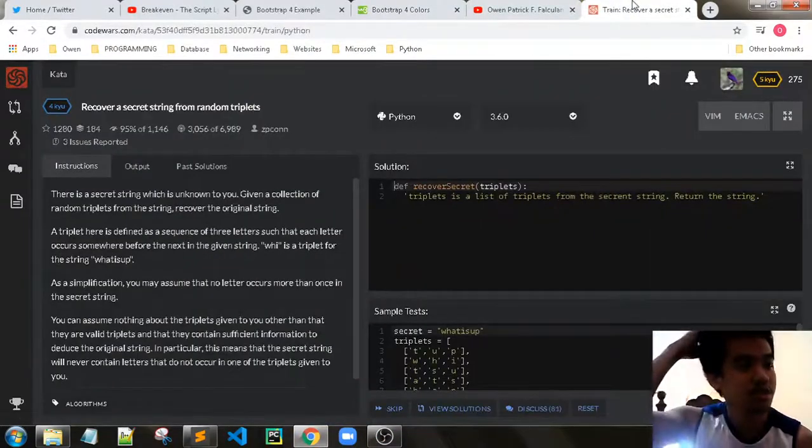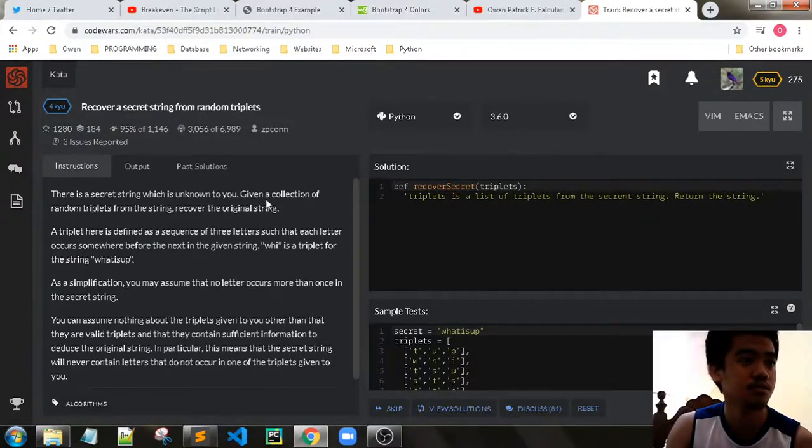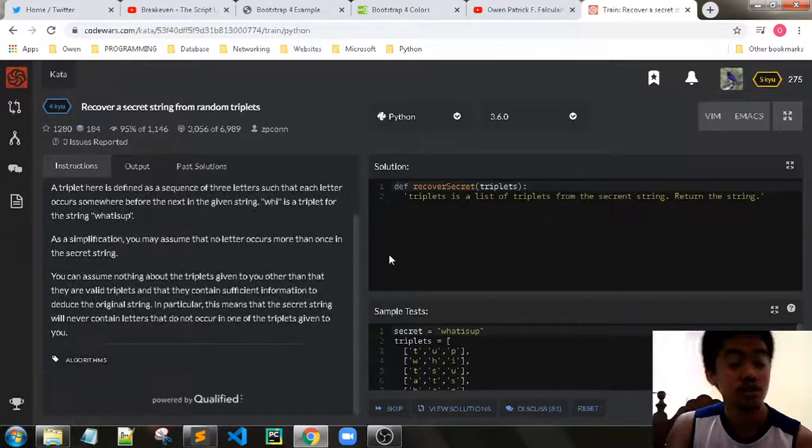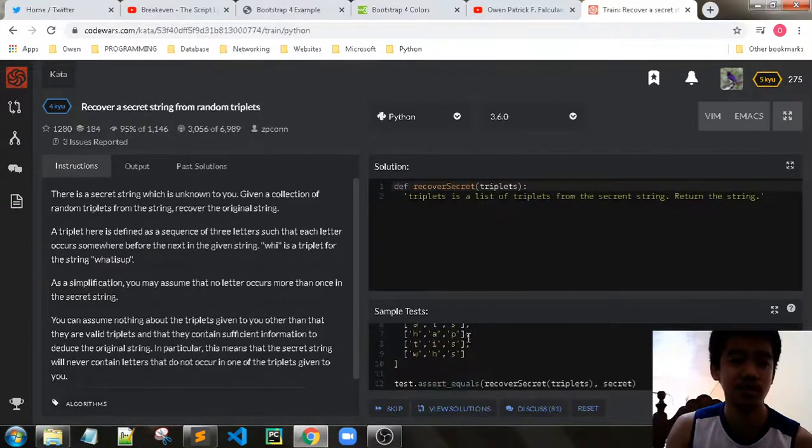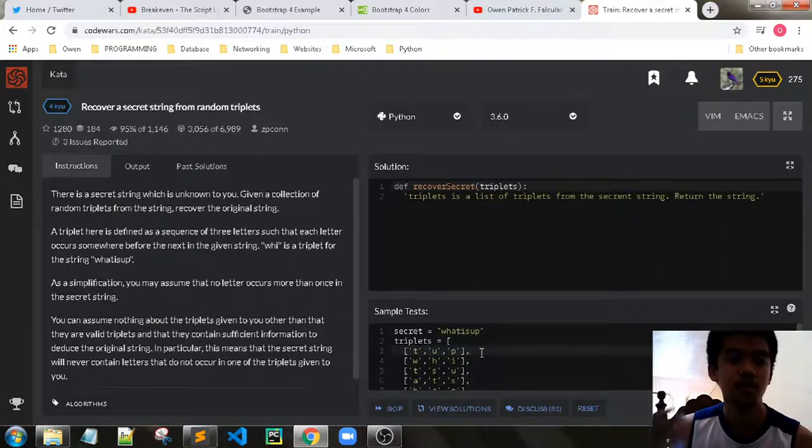Okay, recover secret string from random triplets. There is a secret string which is unknown to you. Given a collection of random triplets from the string, recover it. As a simplification, we have here triplets, a 2D list which contains lists, a series of lists which each contain 3 characters. Okay,